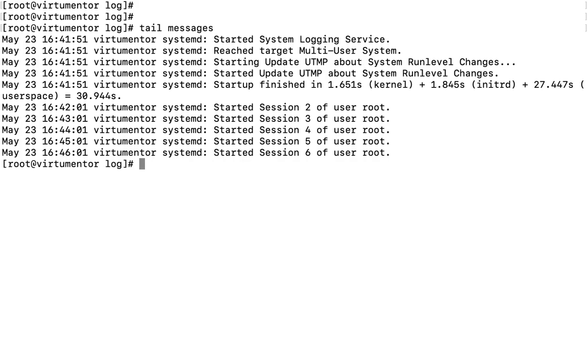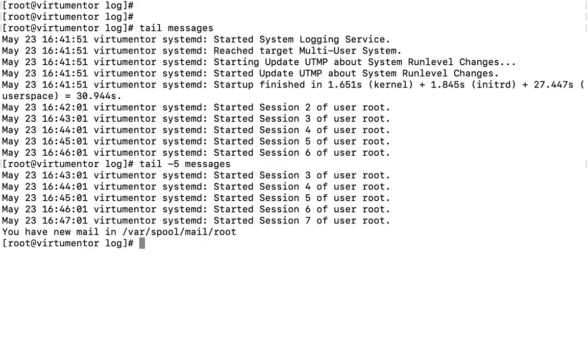And if you want to print a specific number of lines, here also we have the same parameter: tail minus the number of lines which we want to print. I'm giving 5 here, then the messages file name, so it will print the last 5 lines.